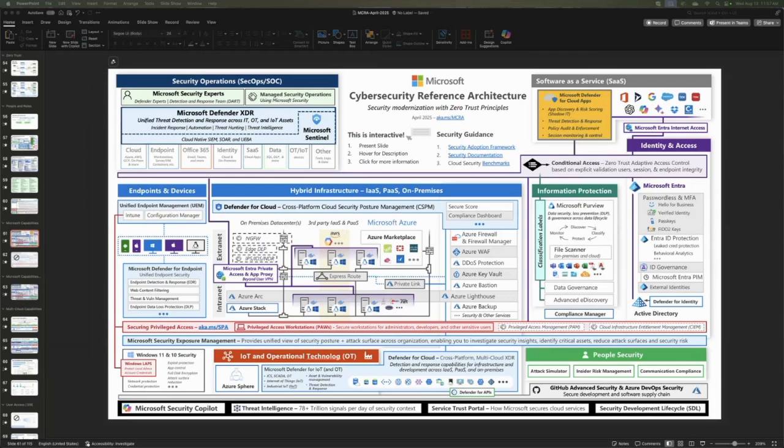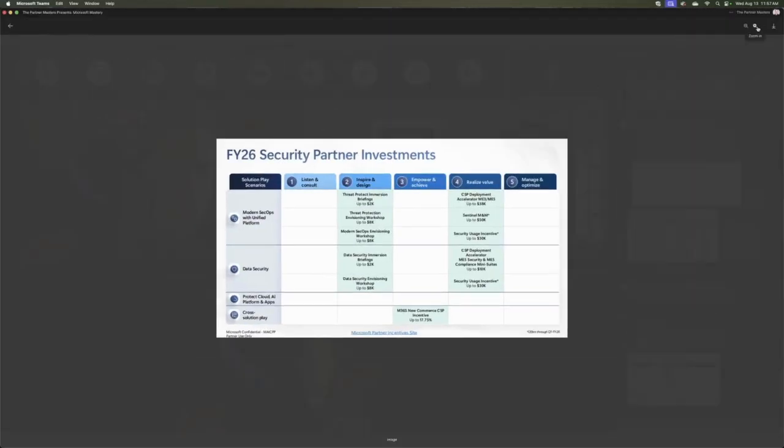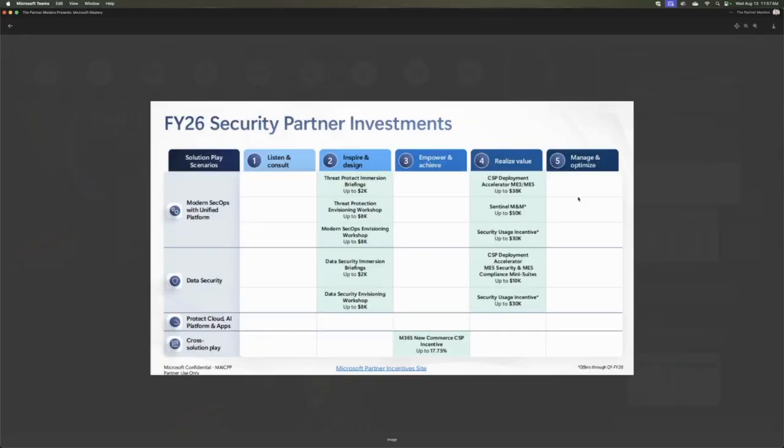Yeah, and just by how much they're offering for these incentives, and the fact that security is its own solution area, they didn't consolidate it with anything. It just shows you that Microsoft is sick of being the security company that no one ever heard of. I think they really are depending on you partners to go out there and let these customers know, you probably already own this. Let's see how it works.